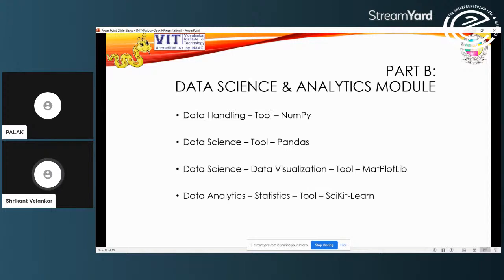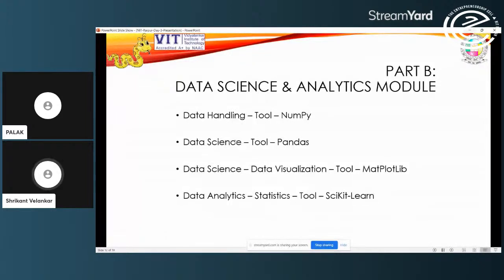There is Orange, which is another visualization library. There is Tableau, which is again a data science data visualization library, which is also available. And then, of course, if you want to integrate some machine learning, we have libraries like Keras and TensorFlow. So this is the entire suite or chain of libraries. All of them, of course, are available on Python in open source. You can make use of them freely without any problem.